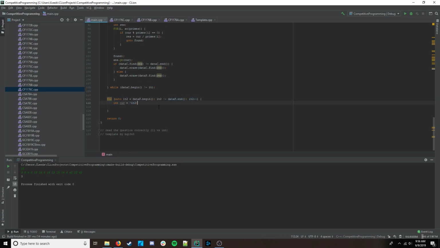This problem's taking me way too long, by the way. Okay, so push back cur, and then if cur less than large primes, oh, actually hold on. So if cur greater than 200,000 break, because we're done. We can't have any prime. Obviously we're not going to have any too large primes in the array. If cur is less than size of large primes, then